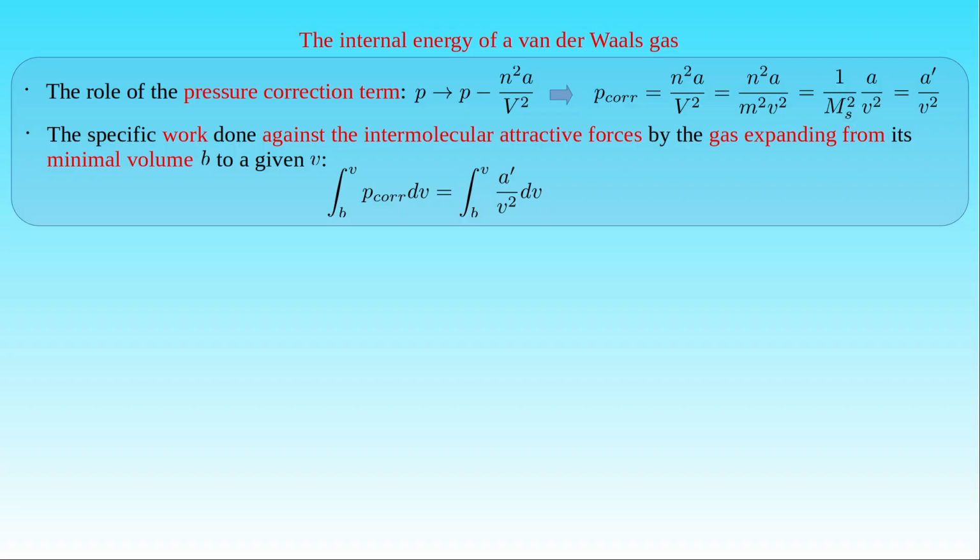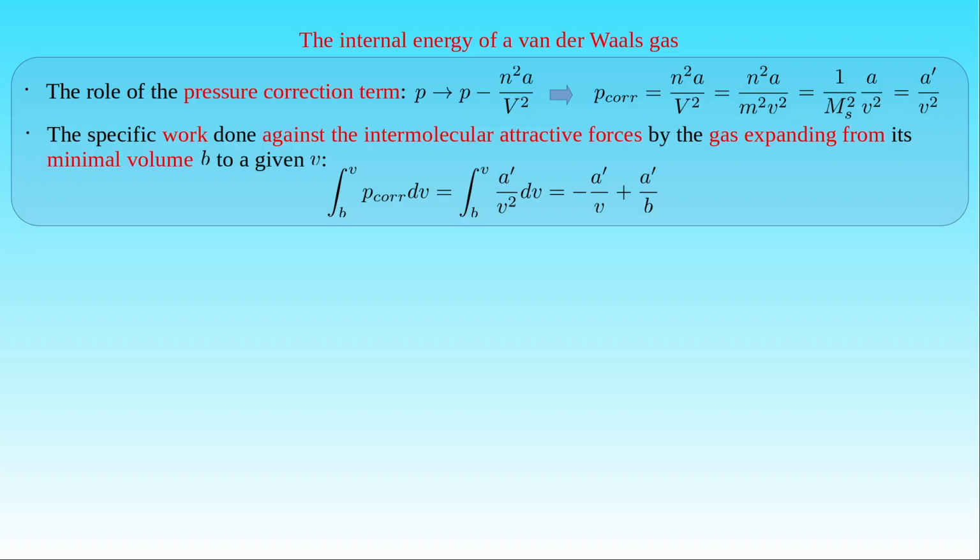By substituting the expression obtained for the pressure correction into the integral and performing the integration, we can write the specific work as minus the modified pressure correction constant A prime over the specific volume V, plus the constant A prime over the volume correction constant B. The first term on the right-hand side is negative, indicating that the pressure-volume work done by the expanding gas reduces its internal energy. The second term is a constant determined by the properties of the gas, and it can